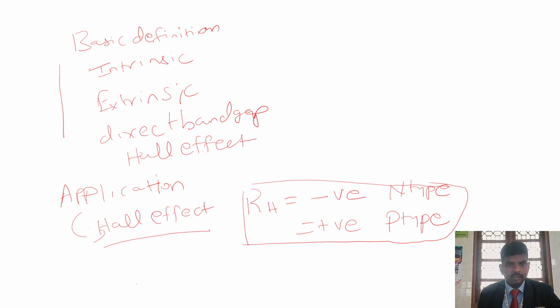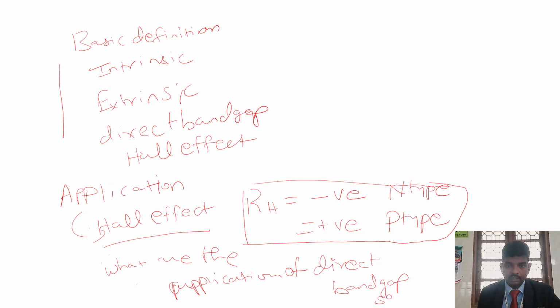So for example, what are the applications of direct band gap semiconductor materials? Okay, like that, these things can be asked. Indirect band gap, because why I'm specifically saying about a direct band gap semiconducting material is